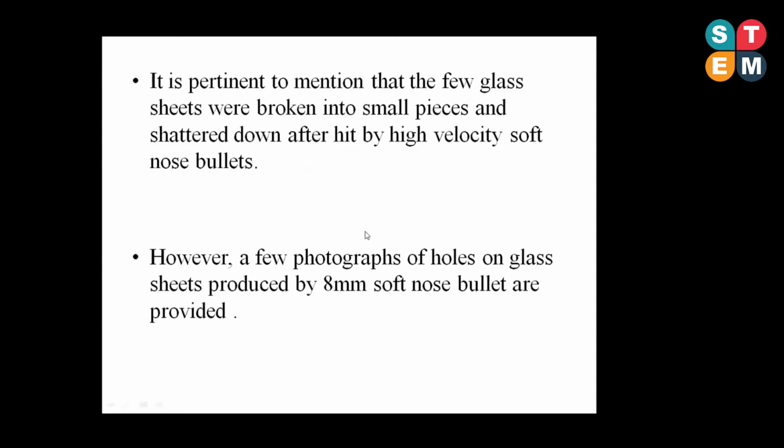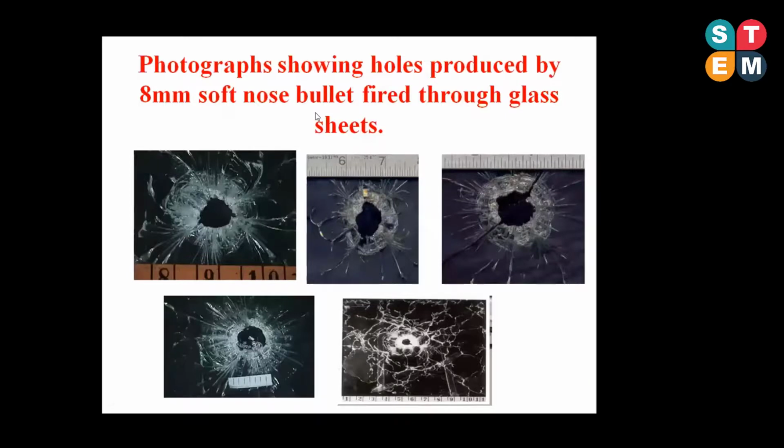You see, after firing through the glass, these are the different photographs of the 8 mm bullet. There is also a research point here, because this is a petal-like shape. This type of petal shape is only formed in the 8 mm bullet fired through the glass target by sporting rifles only. So we can also do research on these aspects, because this sharp nose bullet is typical in nature after being fired through the glass target. The hole is also typical. You see, the holes of this target are also typical in nature.